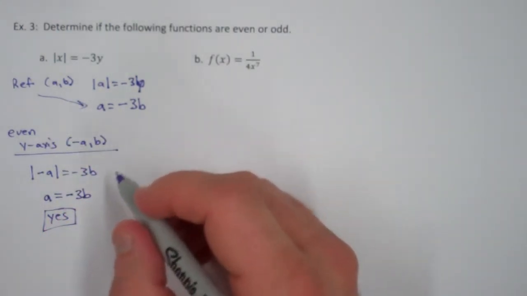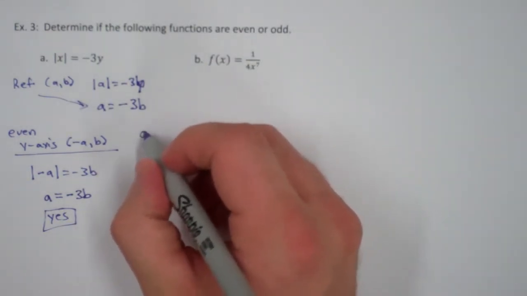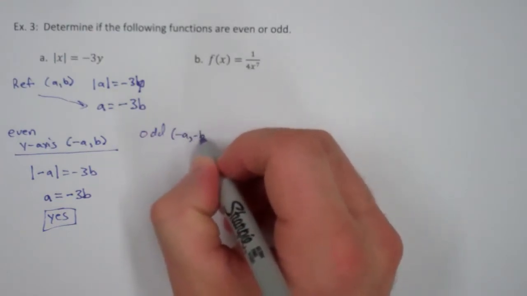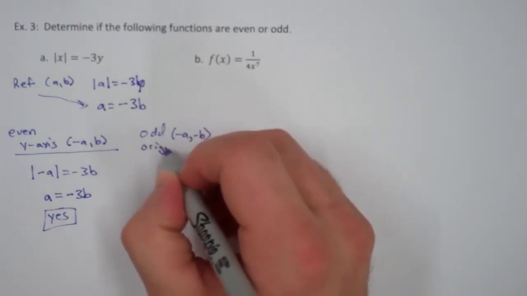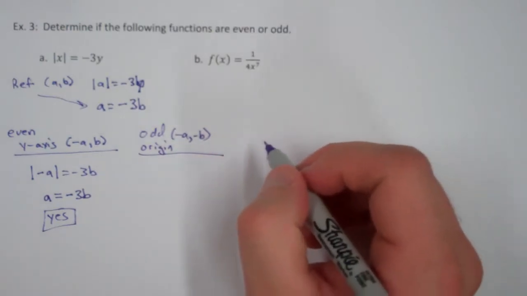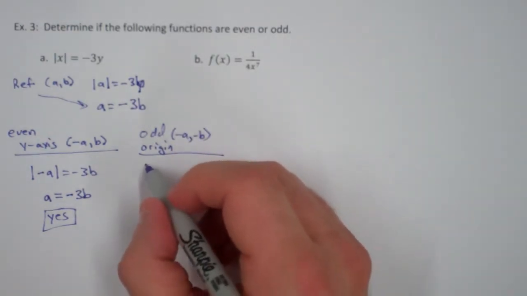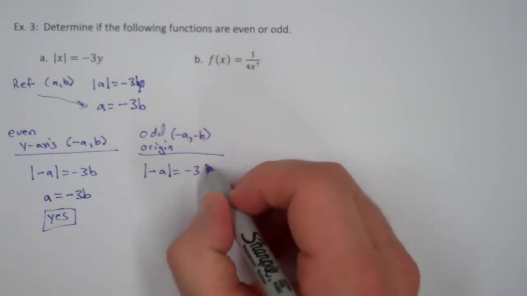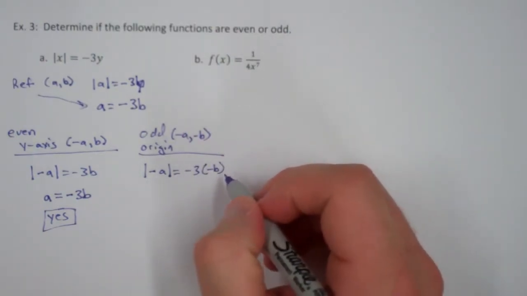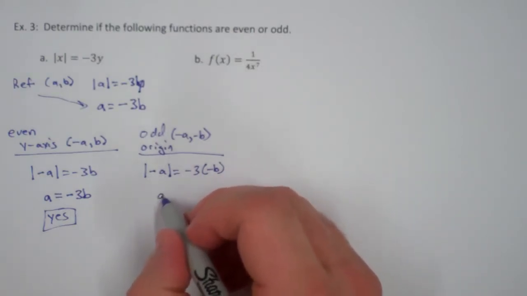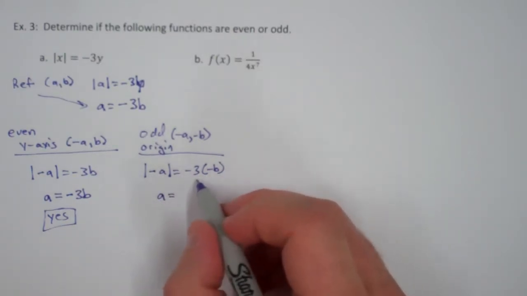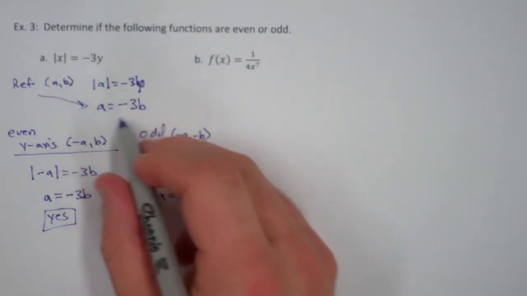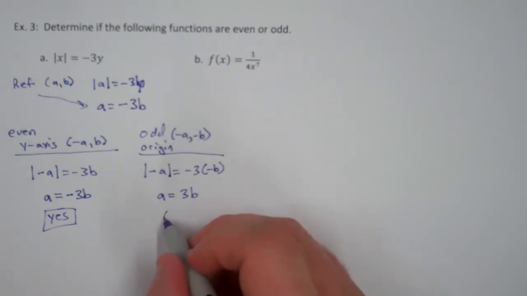So let's check if it's odd. To figure out if a function's odd, simply test for symmetry about the origin. Same thing, just another word meaning symmetry about the origin. So what we're going to do is the absolute value of negative a is equal to negative 3 times the opposite of b. The absolute value of negative a is a, and a negative times a negative is a positive, so it's 3b. Notice how this is not the reference, and there's nothing we can do algebraically, so we would